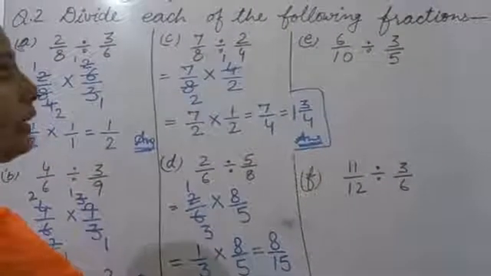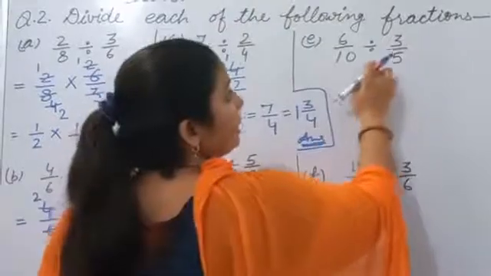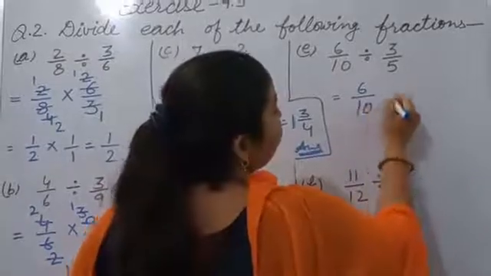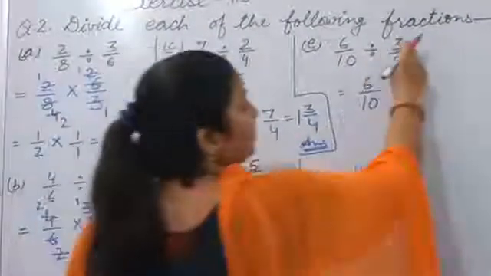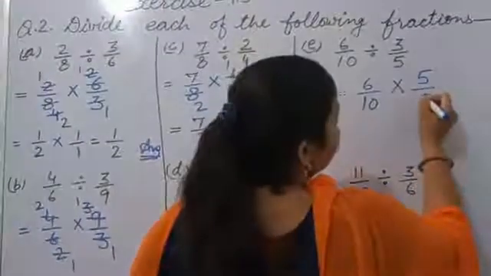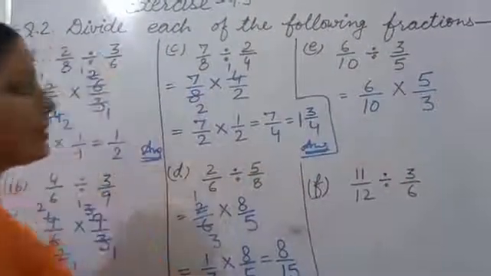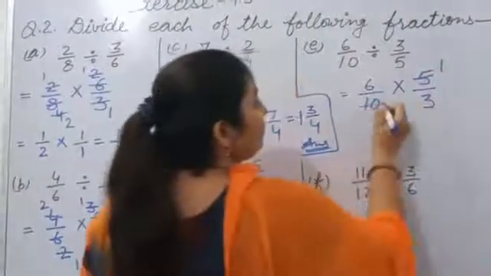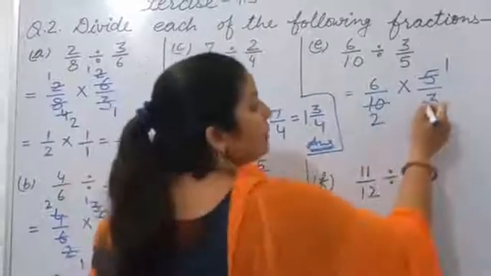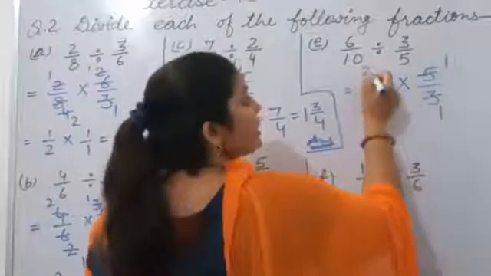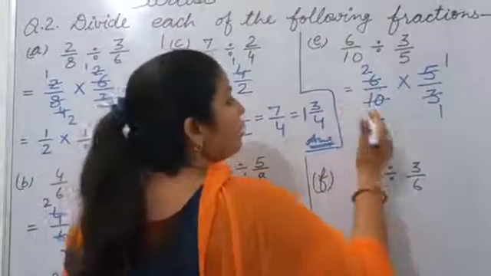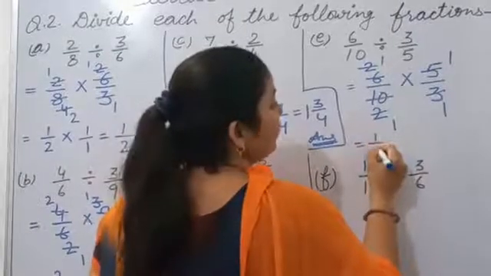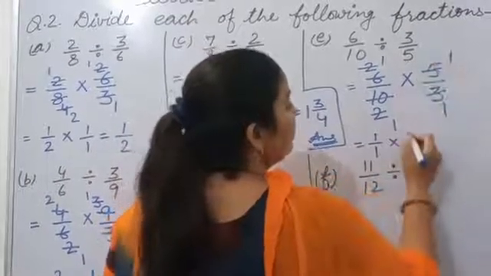Okay, now it's the E part. 6 upon 10 divided by 3 upon 5. So 6 upon 10 will remain same. Now divide will change into multiply. Now 3 upon 5, so it becomes 5 upon 3. Okay, now we cancel it. In 5 table we have 10 on 2 number, 5 ones are 5 and 5 twos are 10. Now 3 ones are 3 and 3 twos are 6. Now in 2 table both are coming. 2 ones are 2, 2 ones are 2. So from here what we have is 1 upon 1 and from here also 1 upon 1.